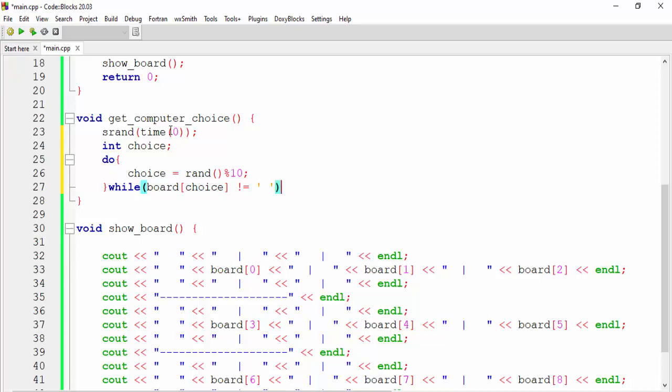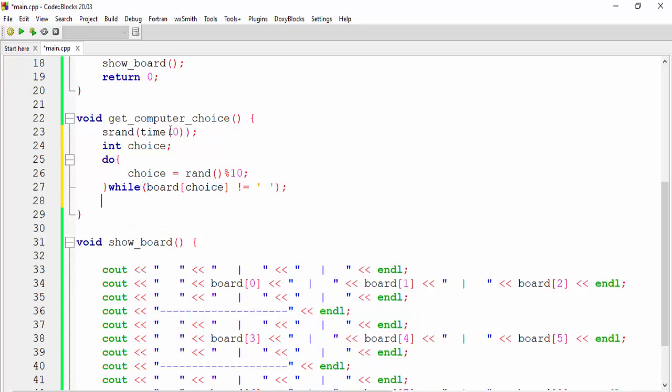If the position is equal to an empty space, the loop will stop and it will get the choice. After that we will say board of choice is equal to O, because the computer character will always be O. So whatever choice we get, we are marking the position with character O.